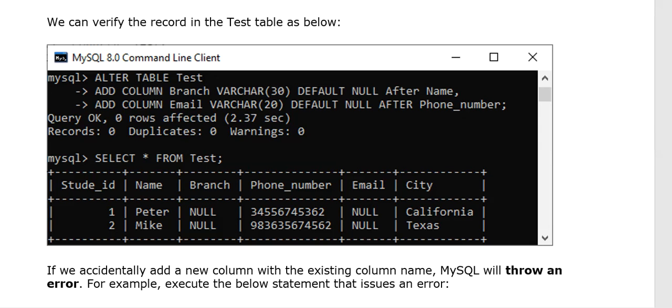And again, if you want to add the same column again, it will throw an error. So make sure the columns that you are adding into the table don't exist already. So it will give you an exception error, like the column name or table name exists already, so you cannot add this column. Clear? So I hope this is clear to everyone.